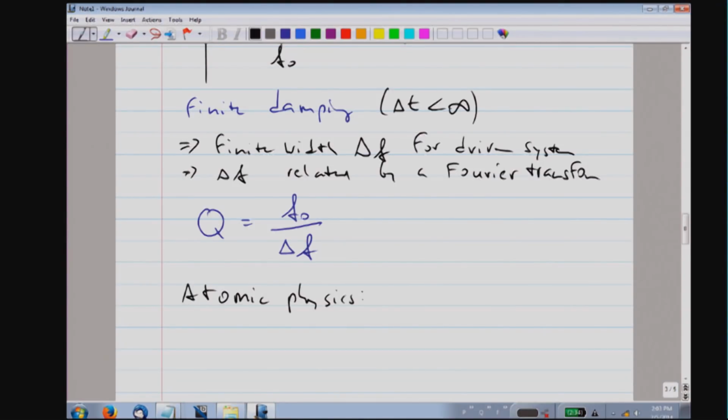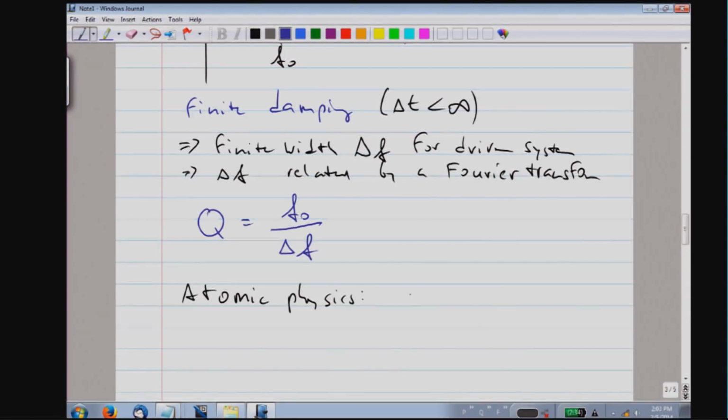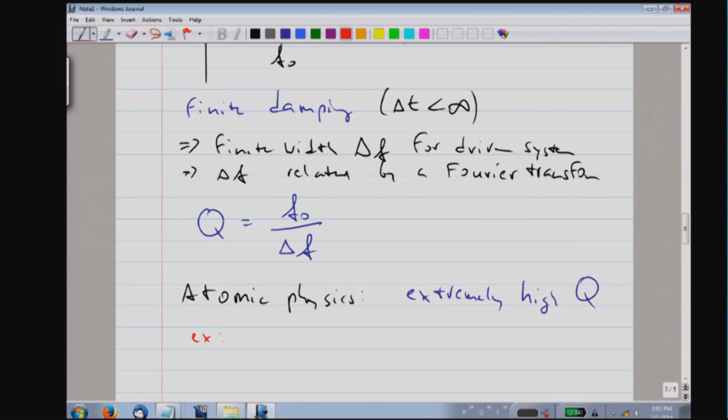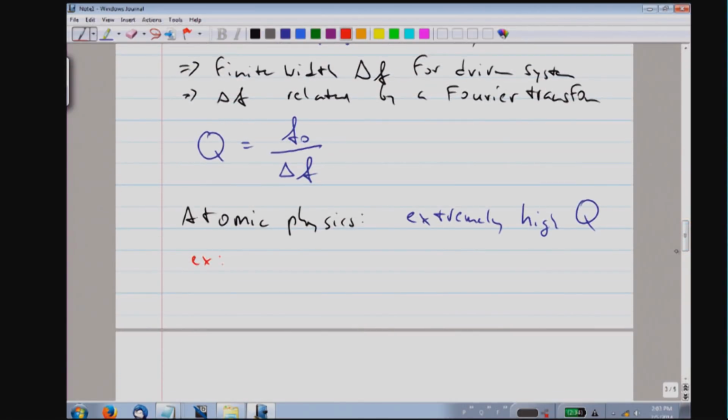And therefore the result is that in atomic physics our oscillators are characterized by an extremely high quality factor Q. And let me give you an example. If we look at an optical excitation,